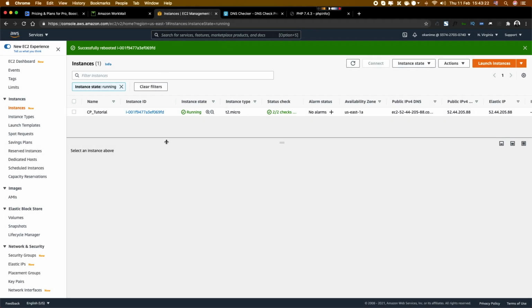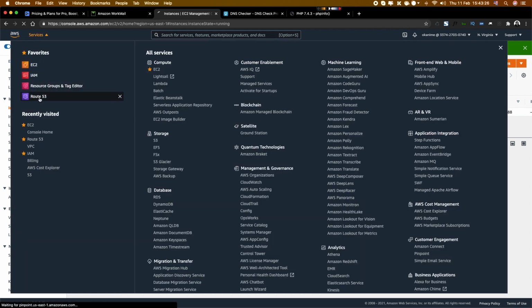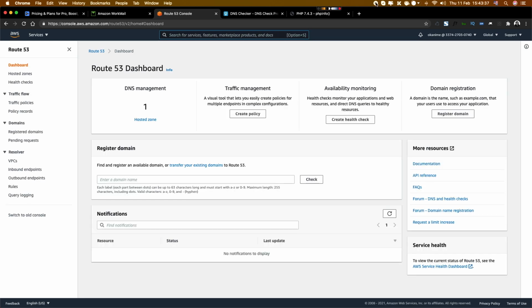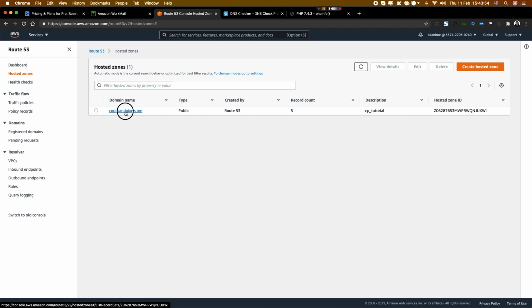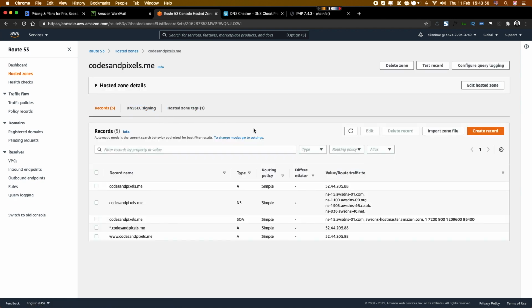Today we're installing LetsEncrypt on our AWS instance that we've been working on. So the first thing we need to do is to set up CAA records, and to do that we have to go to Route 53, and we're going to use the domain that I've been working on, which is the codesandpixels.me. And we did set up this hosted zone in one of our previous lessons. So what we need to do is go back into it and we click on create record,